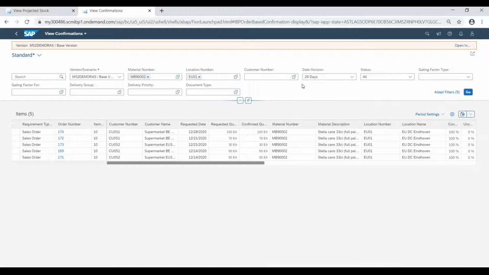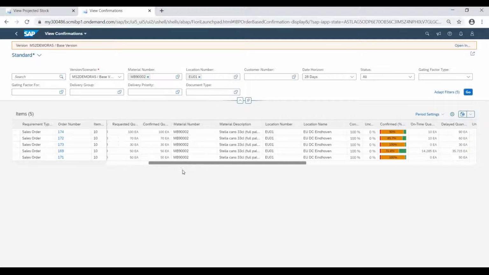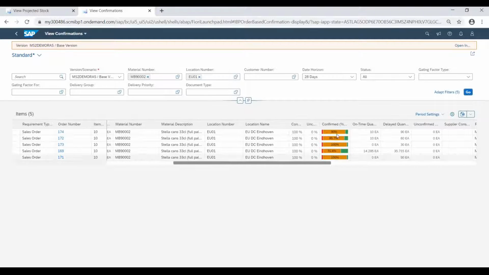And here we can see the different sales orders. So now if we scroll a bit, we'll see that all of them are confirmed, 100%.